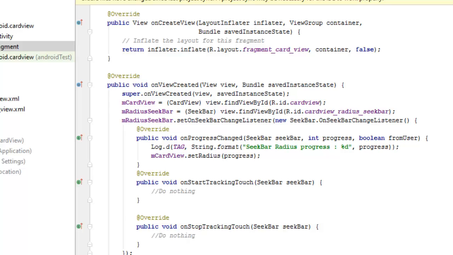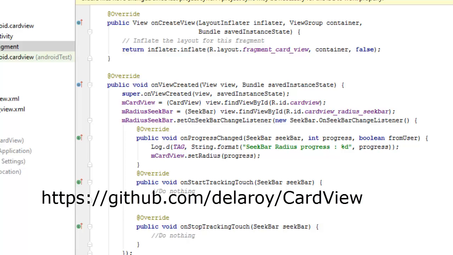That's the essence of this onProgressChange. We call on the seek bar as a parameter, the progress, and also fromUser. Okay, from the seek bar progress, we assigned a sort of wildcard, to get the progress, and also we call on the mCardView to set the radius of the progress. So as you are rolling, as you are pulling up the seek bar, the radius of the